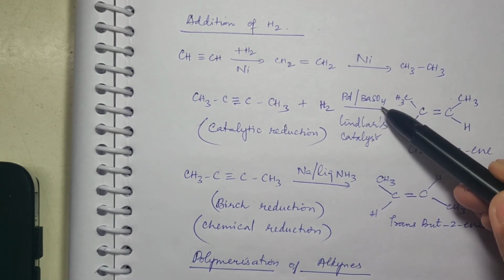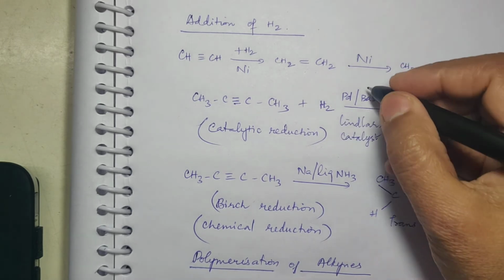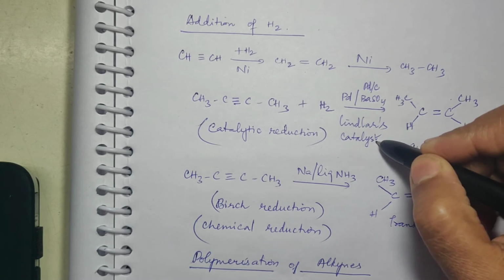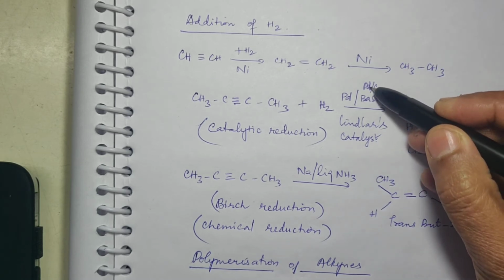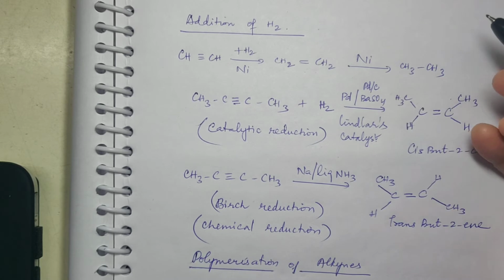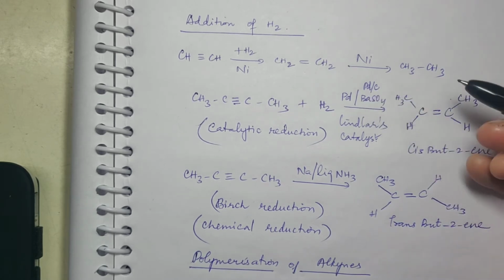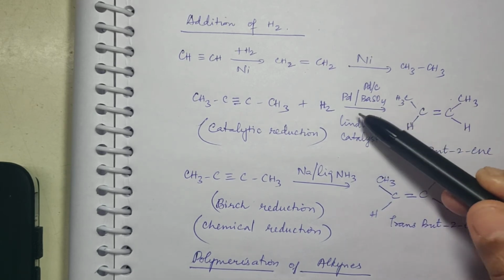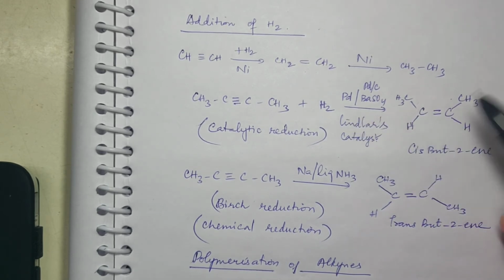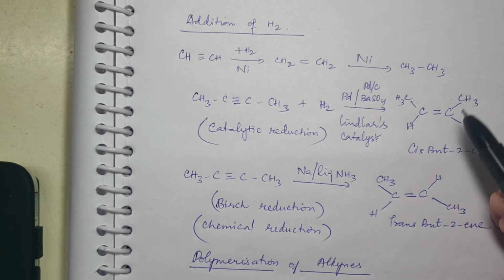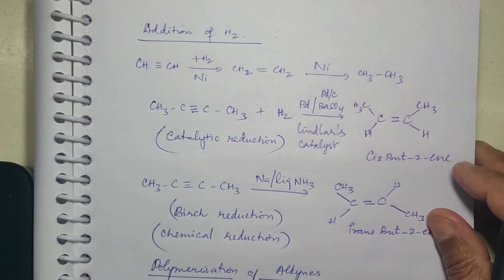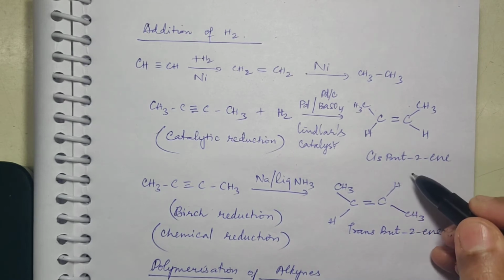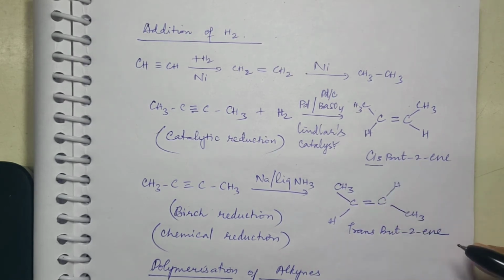So the same thing we have seen, palladium and carbon, remember that is called Lindlar catalyst. The surface of palladium is smeared with either carbon powder or barium sulfate, so that the activity of palladium is reduced. Now in that case, what will it do? It will stop with alkene. We saw it already, is it not? It will stop with alkene. Now here, which alkene are you getting? You are getting an alkene called cis isomer.